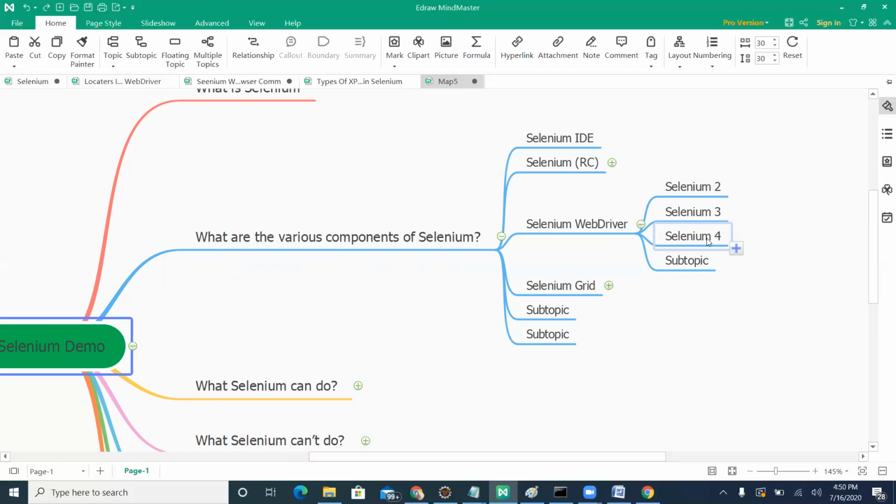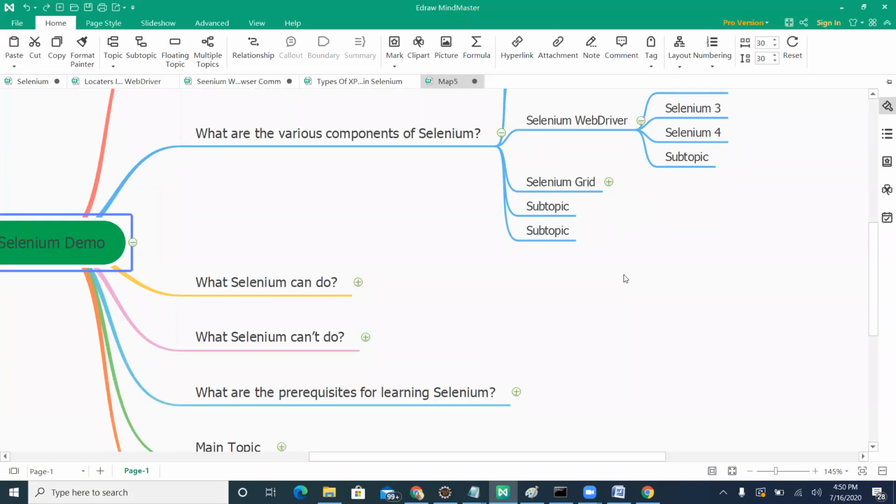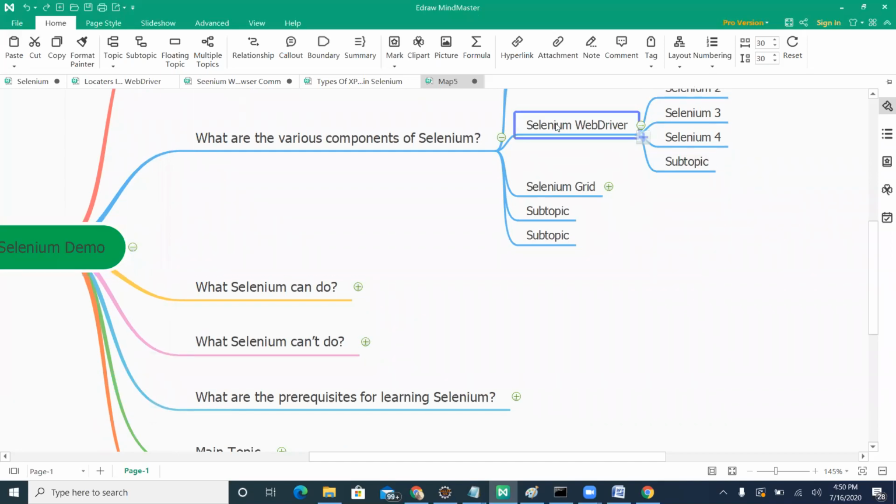They continue as Selenium WebDriver and update it with new features and updated work areas in Selenium 3 and 4. So we know that most of our work is in Selenium WebDriver itself.